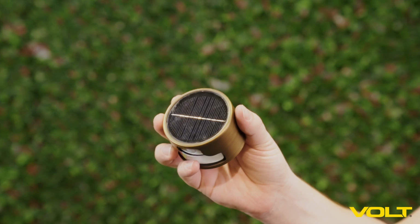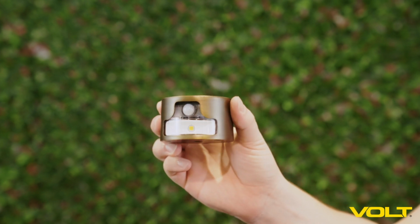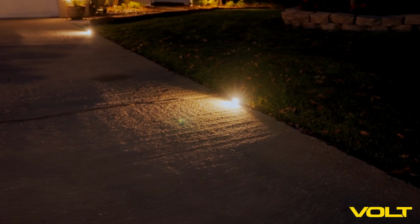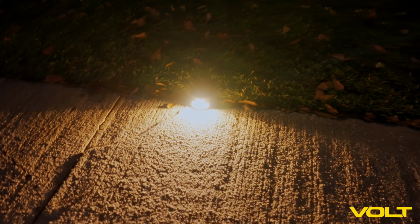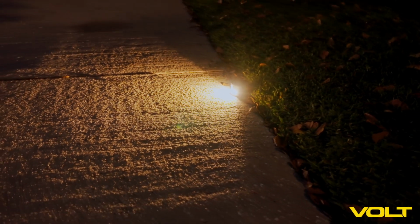The Volt Solar Motion Sensor Stemless path light delivers wire-free, motion-activated illumination with a wide 150-degree beam. Perfect for walkways, driveways, and outdoor spaces. Its infrared sensor detects motion up to 15 feet away, activating 120 lumens of warm 2700 Kelvin light for up